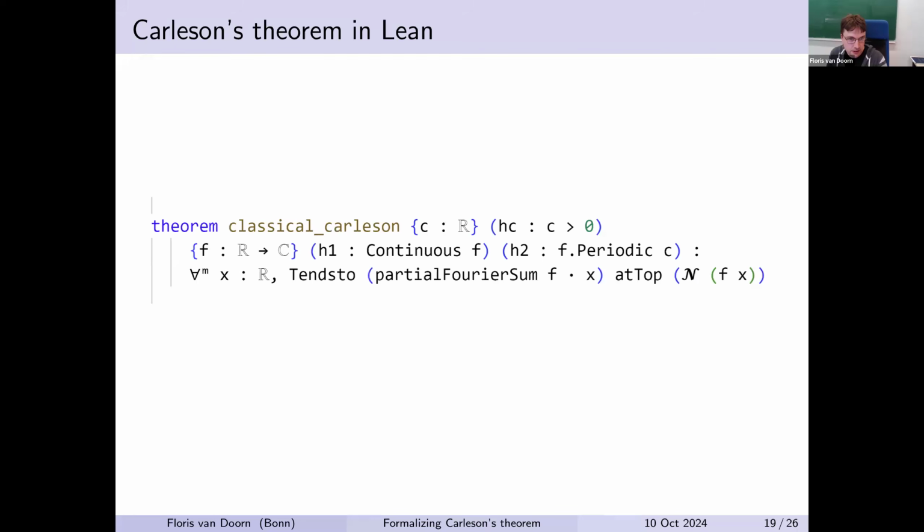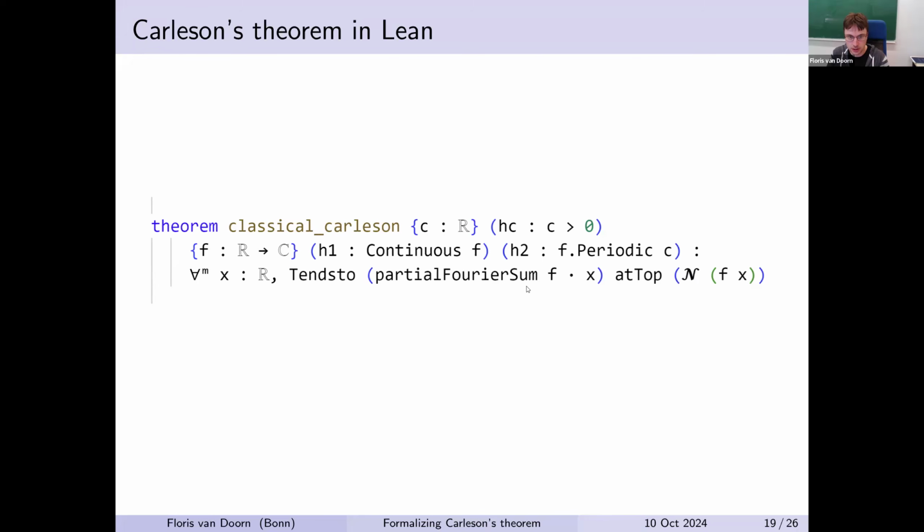Just to show a bit of Lean code, this is the statement of the classical Carleson's theorem for the Fourier series specifically. It says: let C be a positive real number, let f be a function from R to C. In this case, we're assuming f is continuous and periodic with period C. And then this "for all" means for almost all real numbers x, so for all x up to a set of measure 0,